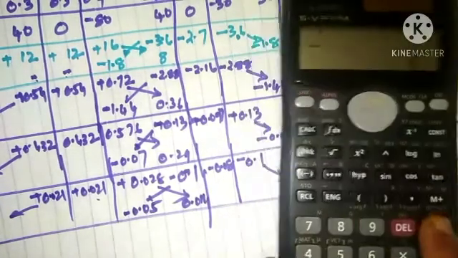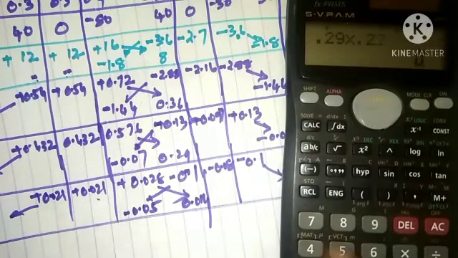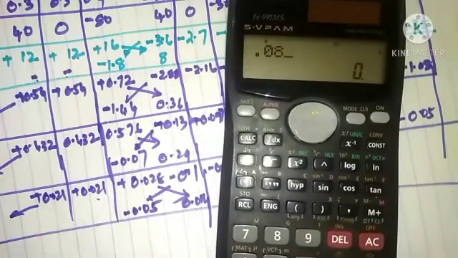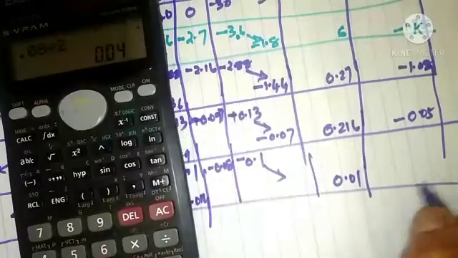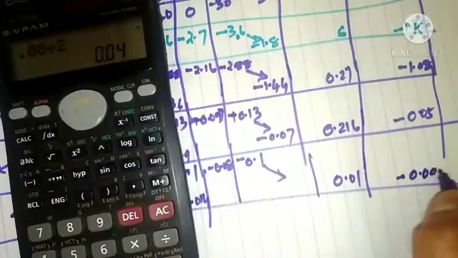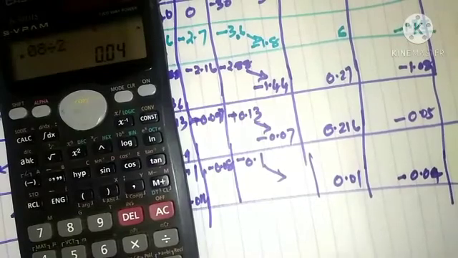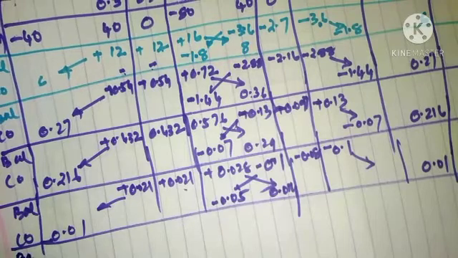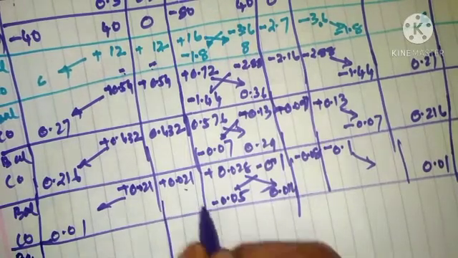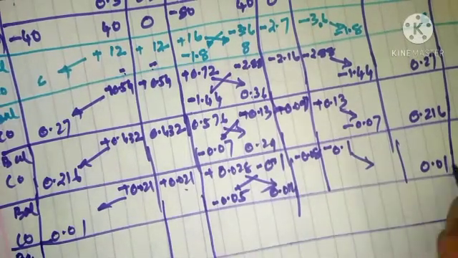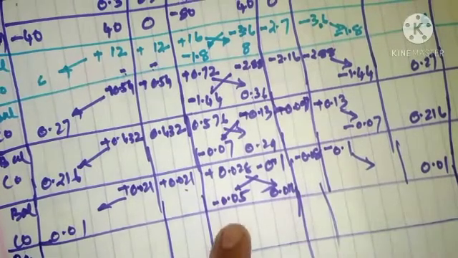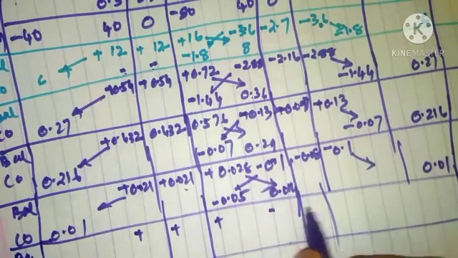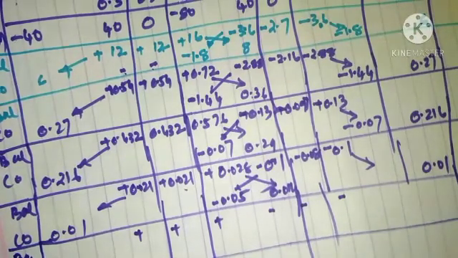Likewise, here it is 0.08, which is nothing but 0.29 multiplied by 0.27, which comes as 0.08. 0.08 divided by 2 comes as 0.04. So here you need to transfer it as minus 0.04. So this is the calculation now. Last one more cycle, balancing. When you do the balancing exercise now, 0.05, as it is negative, all signs will be positive. As this is positive, all signs will be negative.